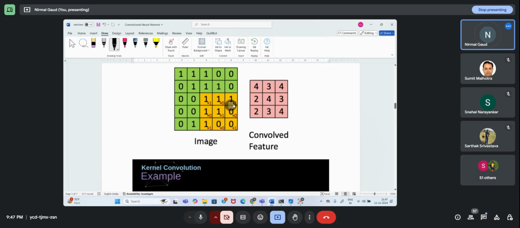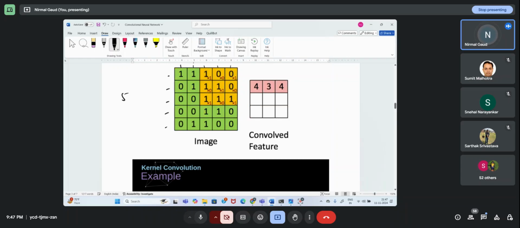Like this. So green is your image matrix, and the one which is moving is your kernel or filter. Here you took a 3 cross 3 kernel or filter. The image has 1, 2, 3, 4, 5, that means 5 rows and 5 columns.